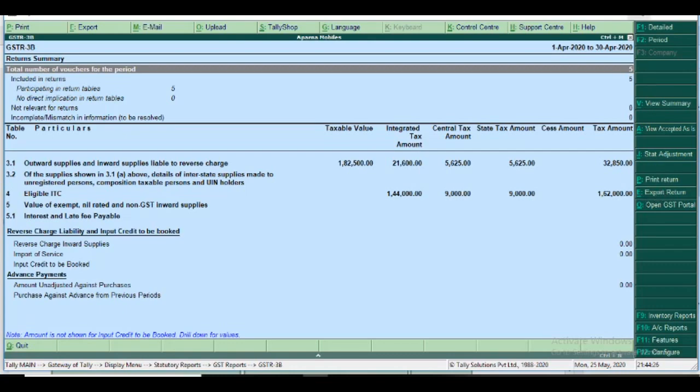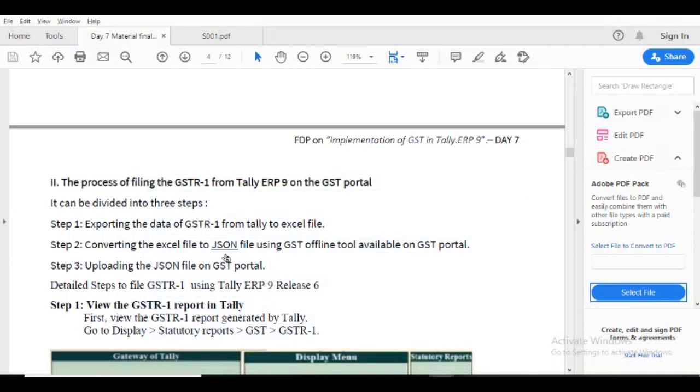The second step is converting the Excel file to a JSON file using the GST offline tool available on the GST portal. Then uploading the JSON file. JSON is a data interchange file format to move Tally data to the GSTN portal. Now the detailed steps for GSTR1 using Tally ERP 9 Release 6.